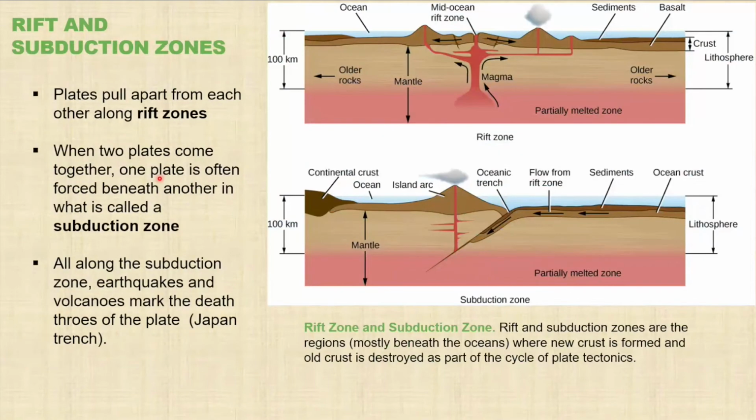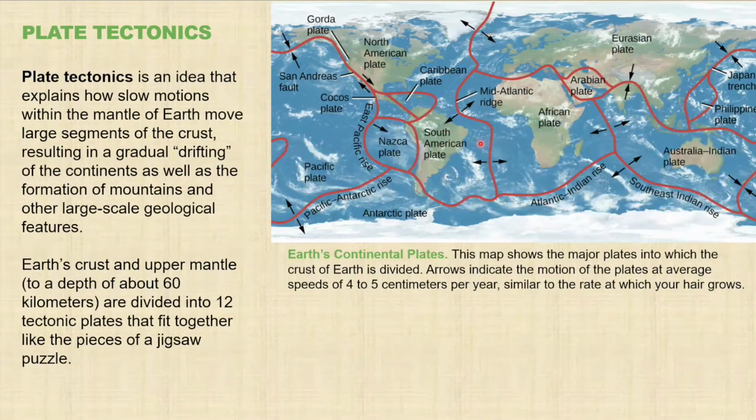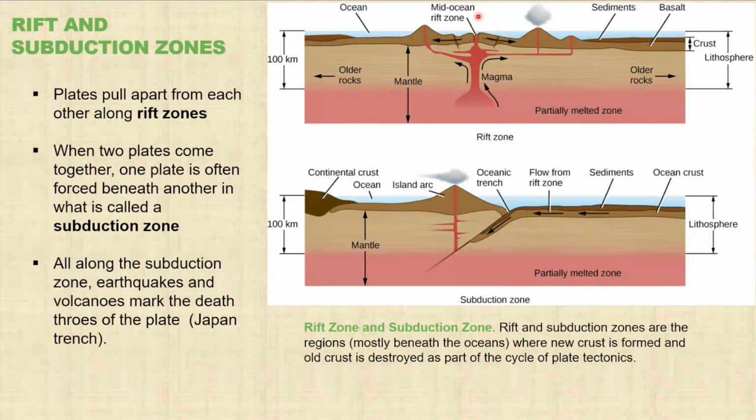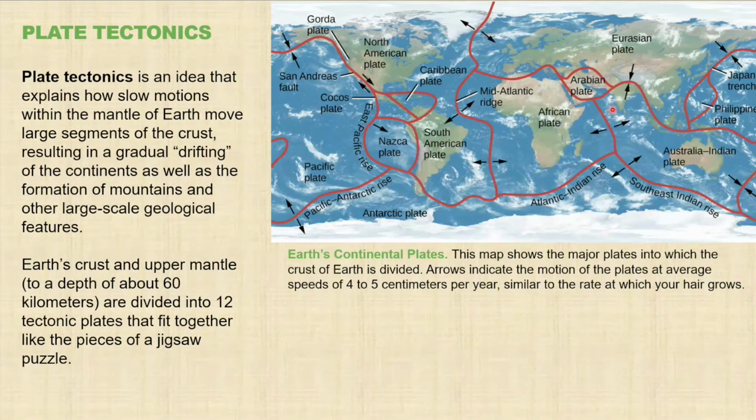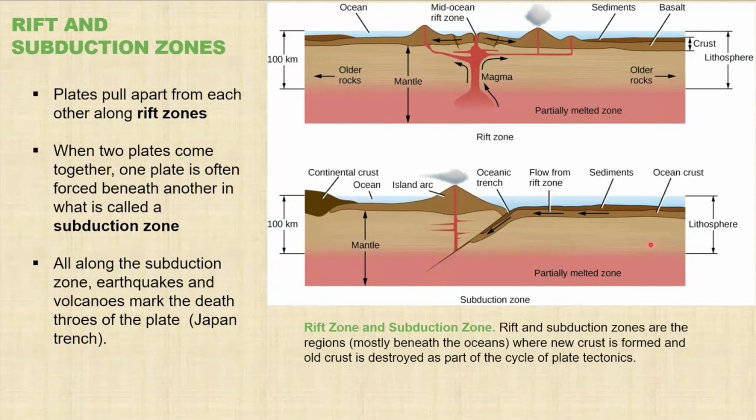And there are two types of zone, rift and subduction zone. When these tectonic plates move apart from each other, they create a hole like this, and the magma from underneath blows out as volcanoes. In the subduction zone, for example, here this is the Indian plate. The top one is the Eurasian plate. They are colliding with each other, and the Indian plate is going down and pushing the Eurasian plate higher up,